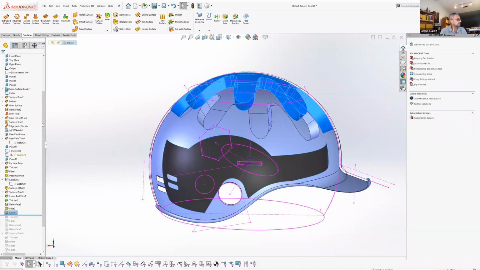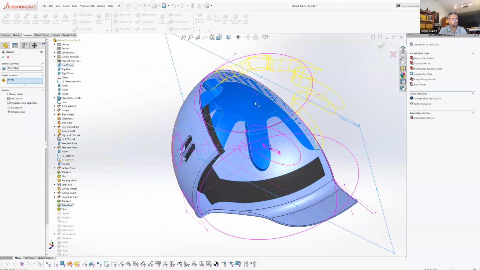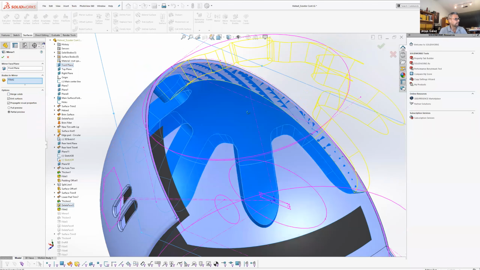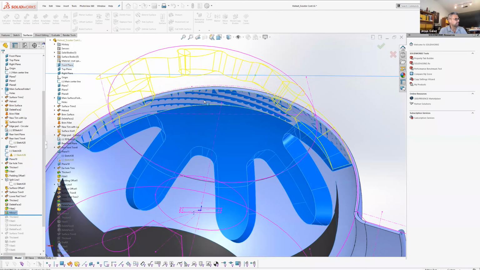And in that mirror, I think I selected knit surfaces. Because this is a surface, at the same time you mirror this, if you have this checked, it will also knit both of those surfaces together to create one body again. Okay, so there's the top padding,